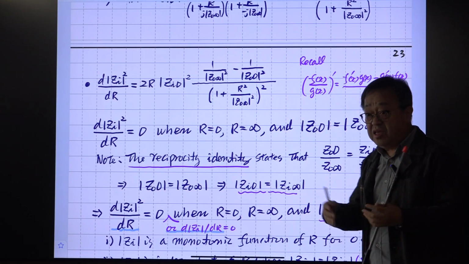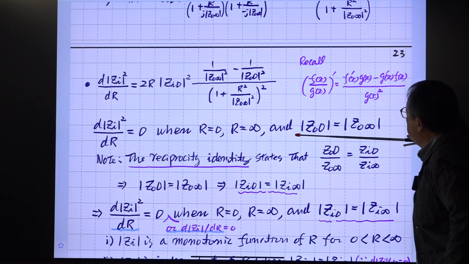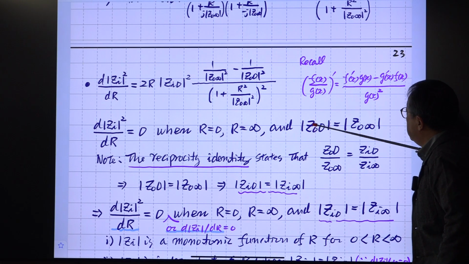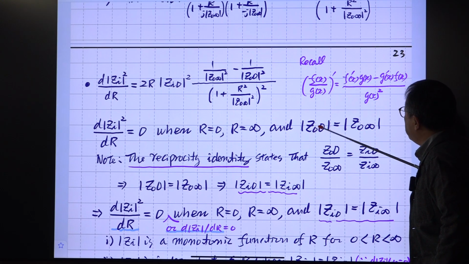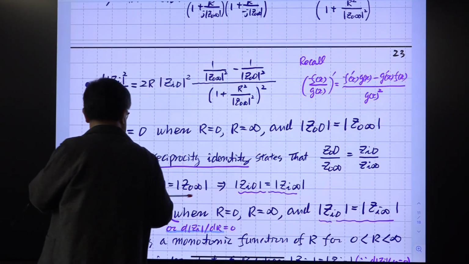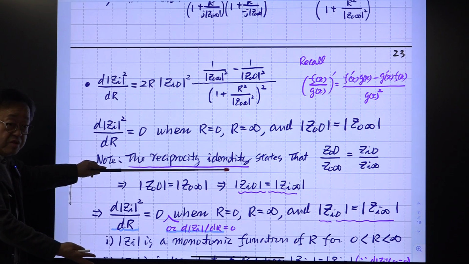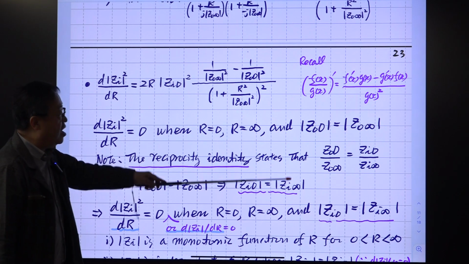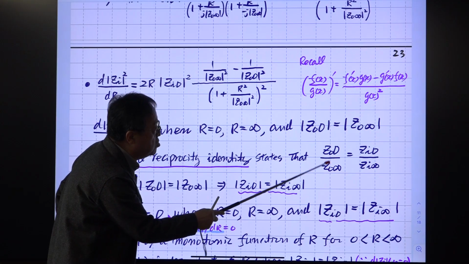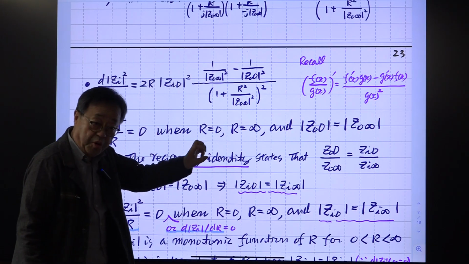But we are investigating the Gi, not Go. Okay? So this condition can be modified into a relationship to Gi. Go is fine, but we don't want this. Okay? So there is some identity, a reciprocity identity. We will prove this soon in the next slide. Then it says this ratio of the output response Go, okay, is the characteristic of the output port.